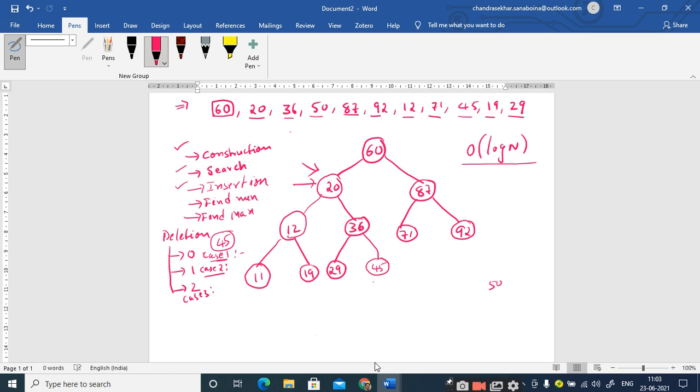So for example, in the previous case, I have 50, 45 and 36 like this. Since I have the only child, there is no ambiguity whether I should make this 45 the next hereditary, right? But when a node is having 2 children, you should find the efficient algorithm to replace that node. Efficient node to replace that particular 20, right? So 20 should be replaced with one element, and you have to find the efficient element, right?